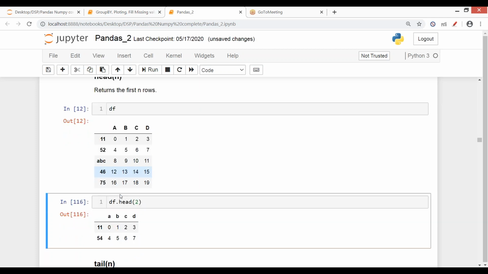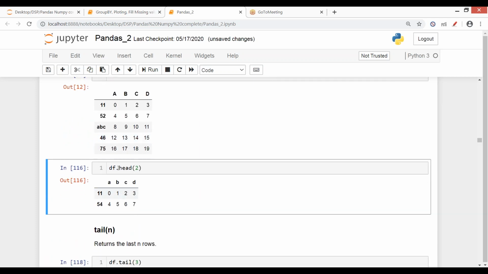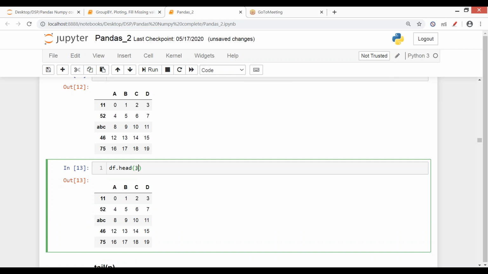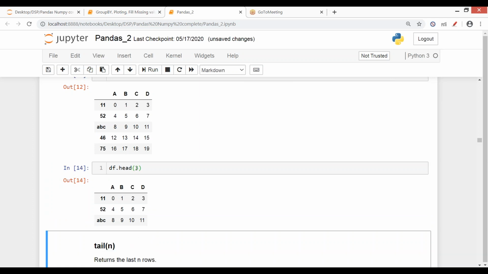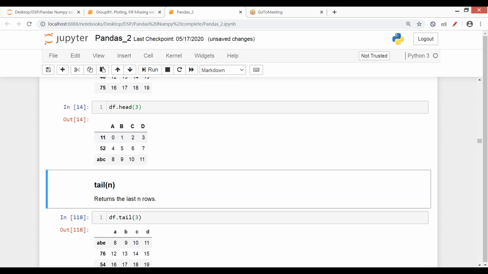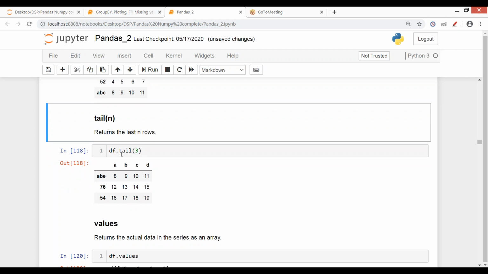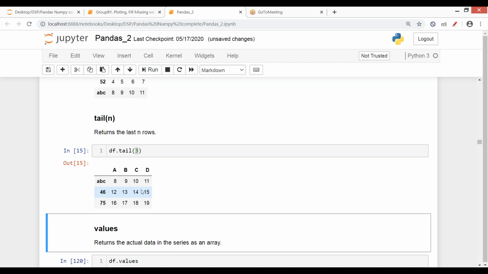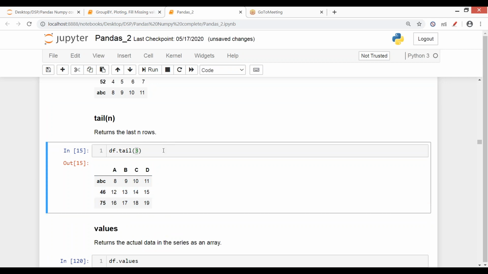If it would have been many, then in order to visualize the initial 5 rows, we have to use the keyword dot head. By default, it will give the top 5 rows. If you specify the number, let's say just 3, then it will show you the top 3 rows for head. Similarly, we have tail, which by default, just like head, will give you the last 5 rows. Or if you specify the number, just like I did here, 3, then the last 3 rows will be shown to you. Okay.